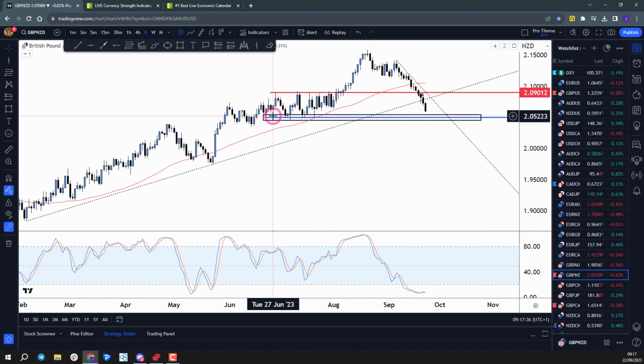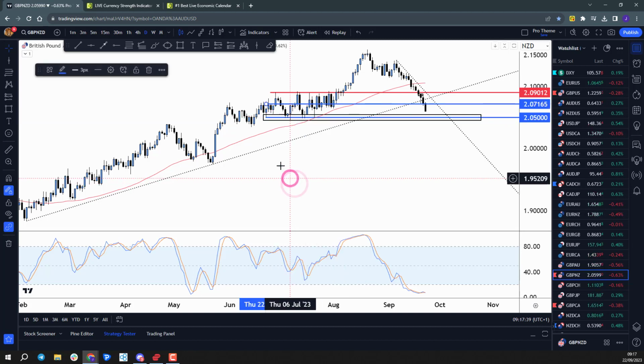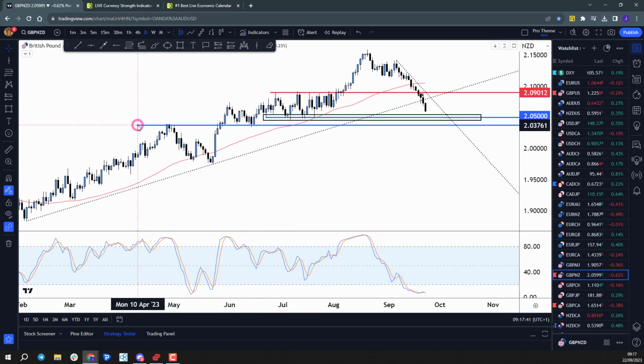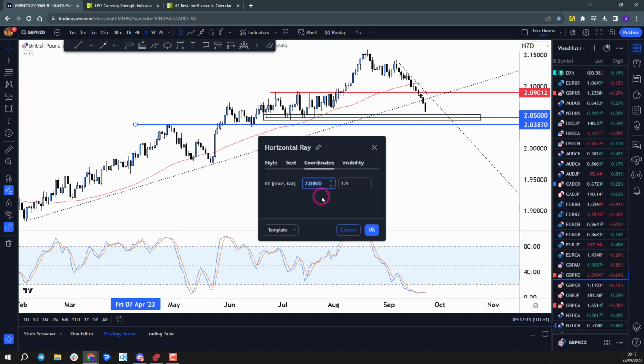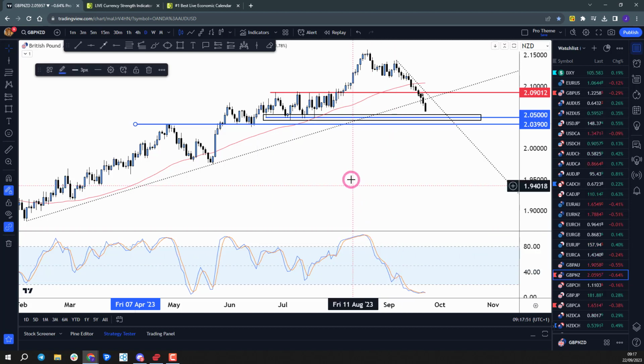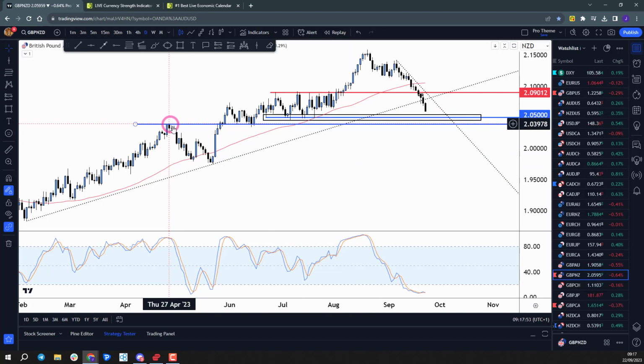The other key level of interest is just below that. If I just take that off, let's clone this other one here to make it a little bit more visual for you. It's just slightly below that level, and you can see it's around about the 2.087. Let's just put it to 90 there, and you can see that was obviously key resistance back on the 27th of April, and then it was support a couple of times on the 6th of June and the 14th of June. So price might be targeting that.